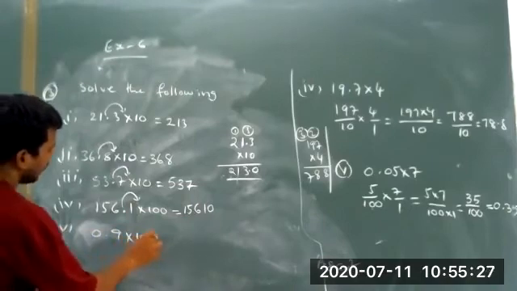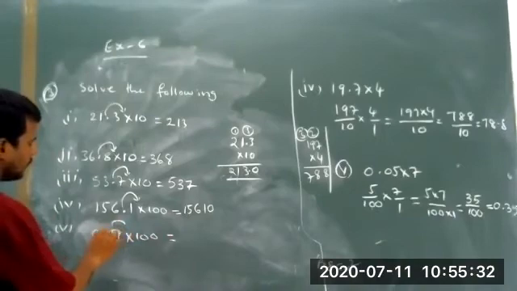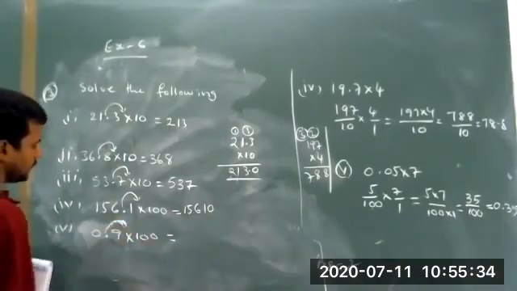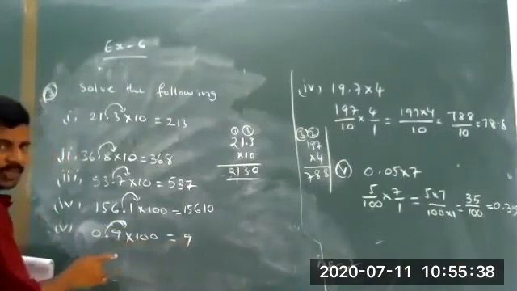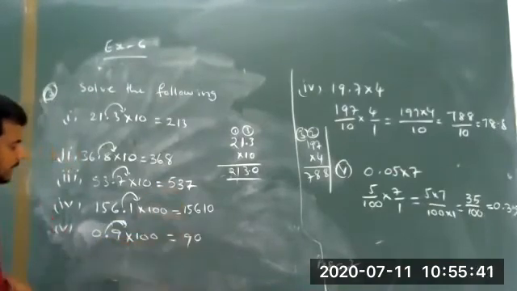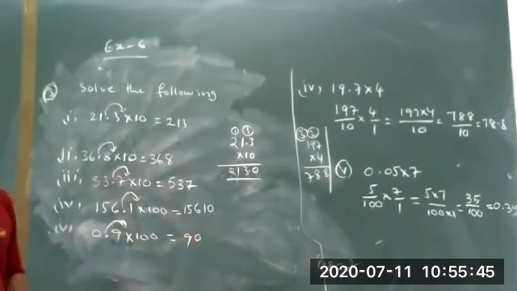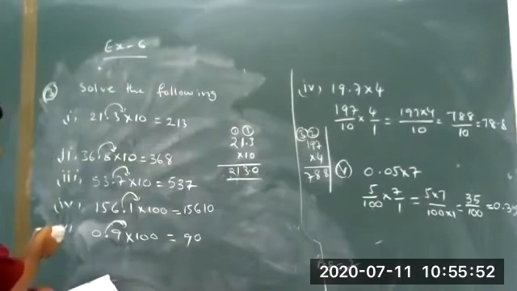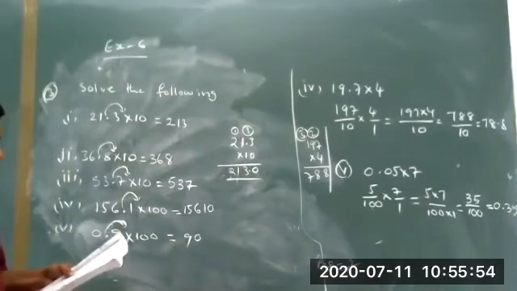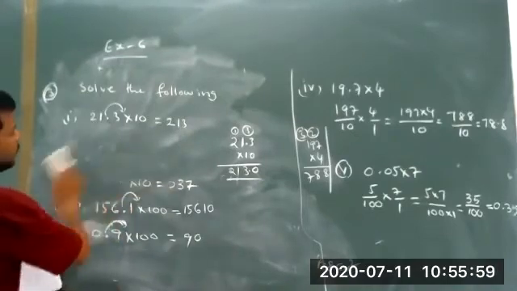Next one. 0.9 into 100. The decimal point moves to the right side two digits. So 9 is already there. One more digit is not given, so 0, 90. So here 100 is given, so what, children? 9. Clear? Next, fourth problem. In the third bit, I explained only 5 problems. The remaining 7 problems will be homework. Already I informed you.